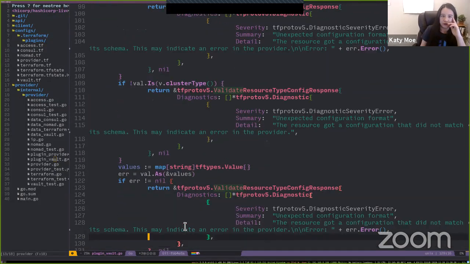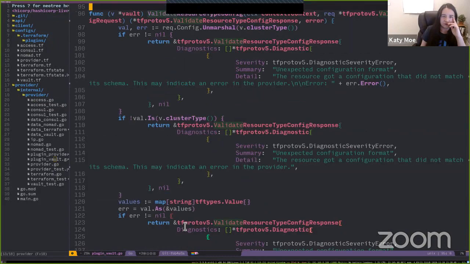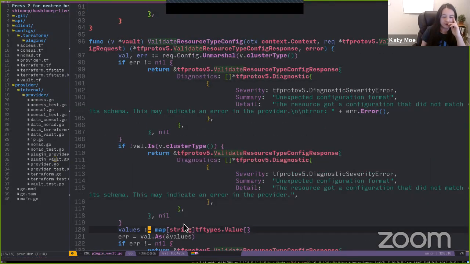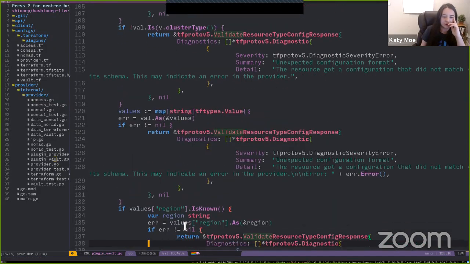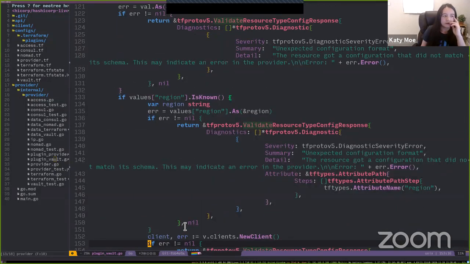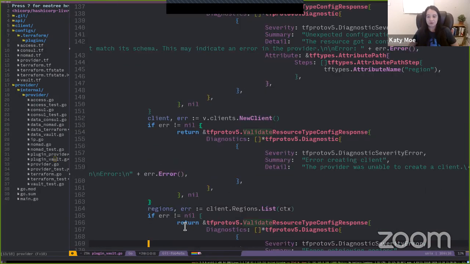Now, in this validate resource change step, this is where we're able to do something you can't do in the SDK. If you recall, what we're trying to do is check whether the region that the user put in the config is actually available. And our HashiCorp API gives us an API endpoint for that. So we can do something we couldn't do before, which is literally just call the list endpoint during validate.